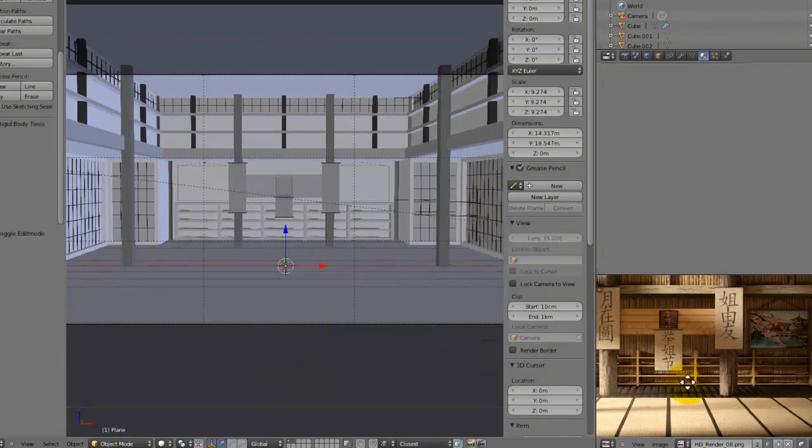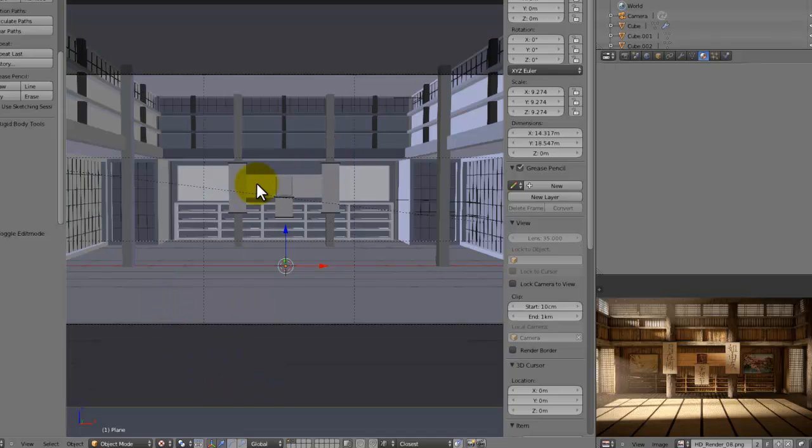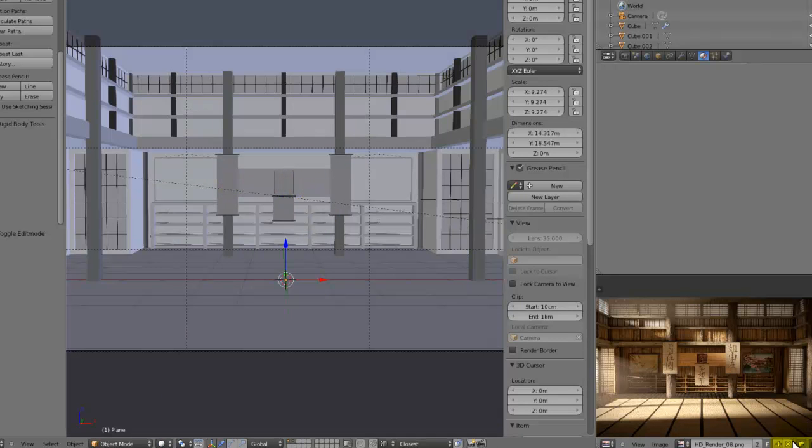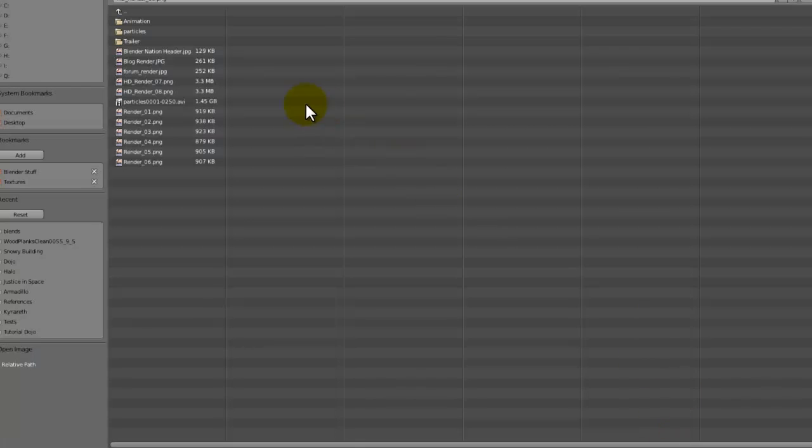Okay, so now we need to get onto the materials of the room, and well, actually we're not going to do any of the materials, we're just going to unwrap it, and in the next part we're going to do the materials for it. So right now if we press Alt-Z, there are no textures on this, so just open up a new image. So I'm going to go to image and open image down here in the UV image editor,